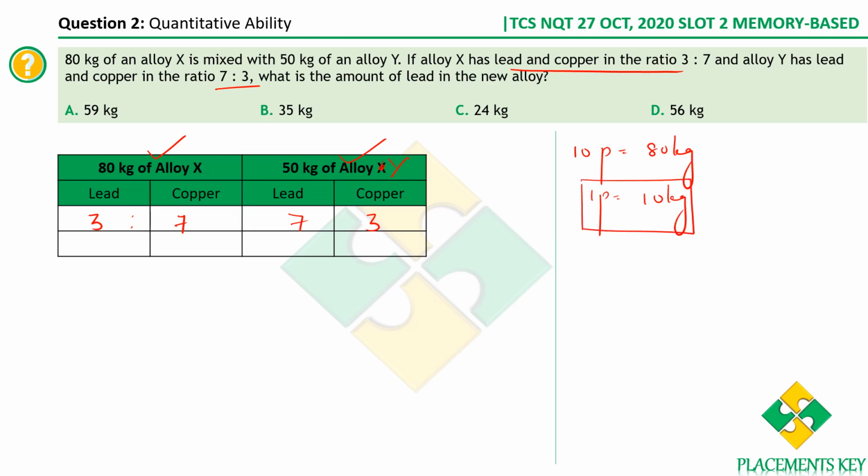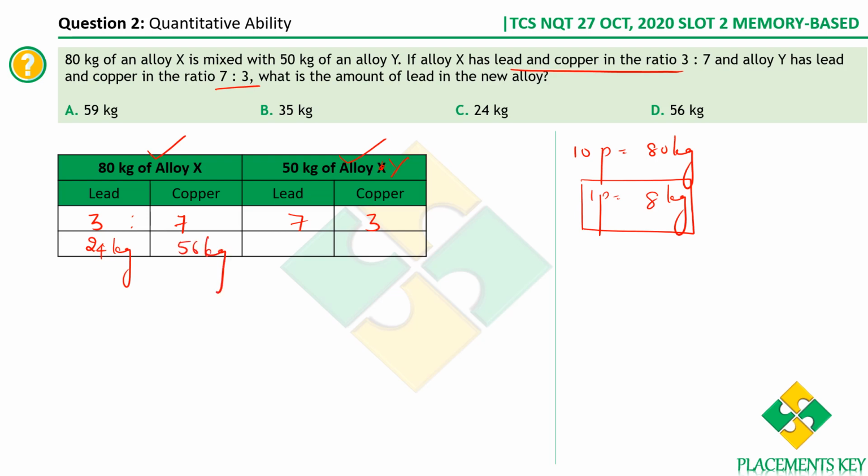Okay, so 3 parts we have. So 3 parts is what? 30 kgs. Okay, sorry, 10 parts is 80 kgs. So one part is how much? It is only 8 kgs, right? 8 kgs. Okay, so 3 parts will be 24 kgs, and then 7 parts will be 7 8 56,